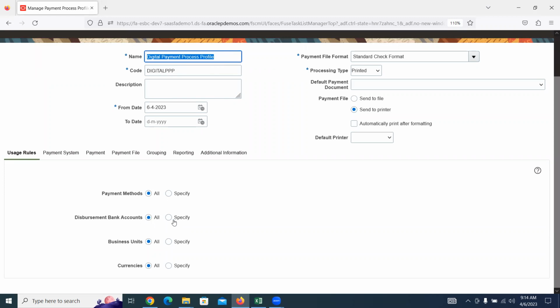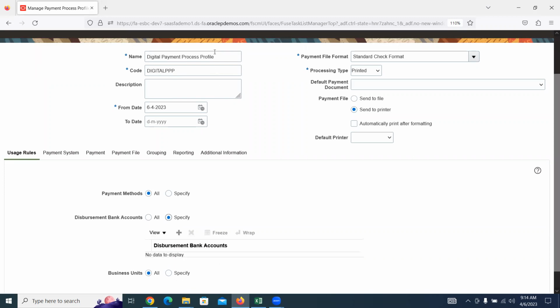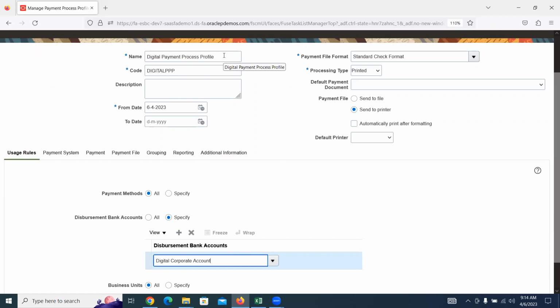If yes, then keep all. Or else, if you want to limit this payment process profile to use only when you make payments using our bank account, then select our bank account. So this payment process profile you cannot use for any other bank accounts to process the payment. You are limiting this profile to be used when making payments from this bank account only. If you want to allow any bank account to use this payment process profile to make payments,